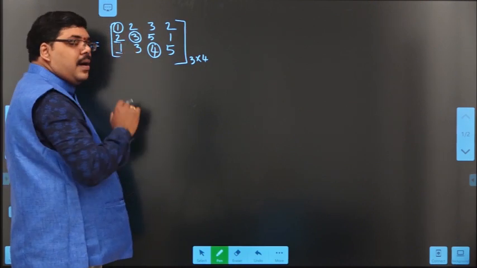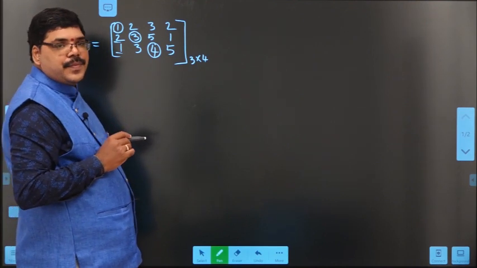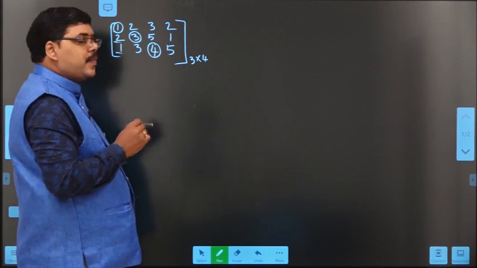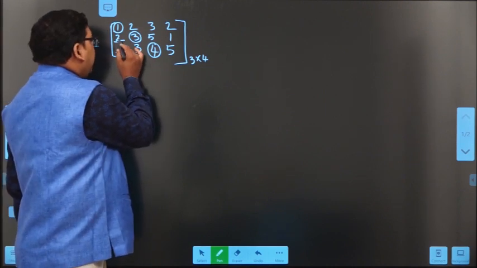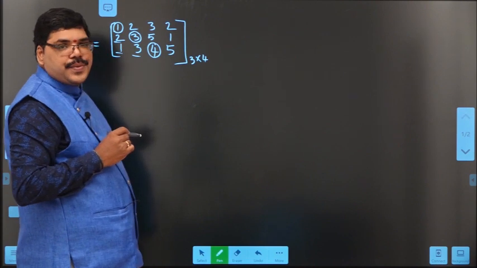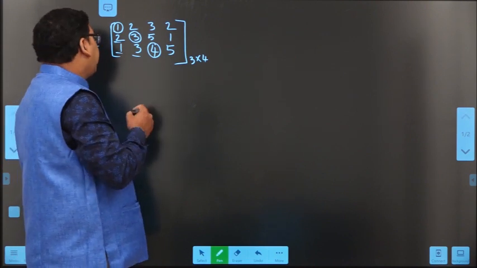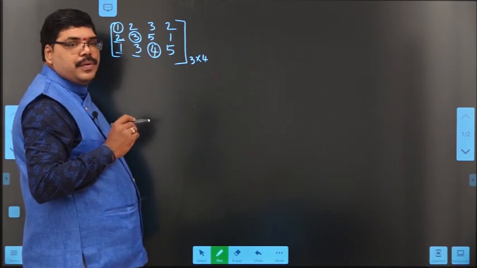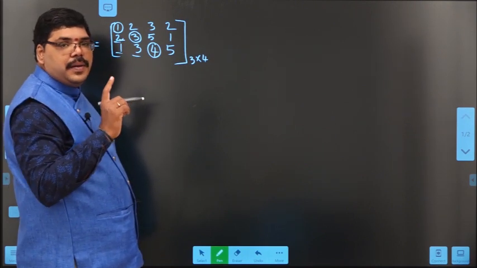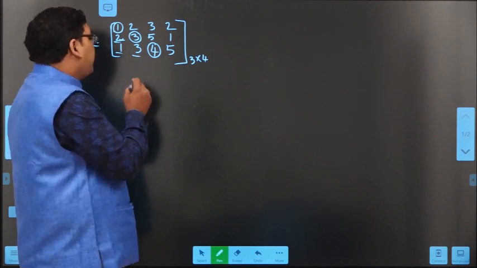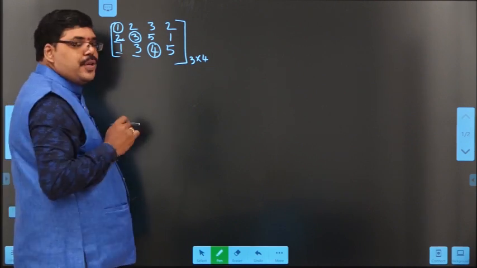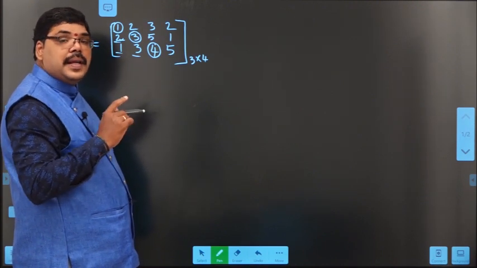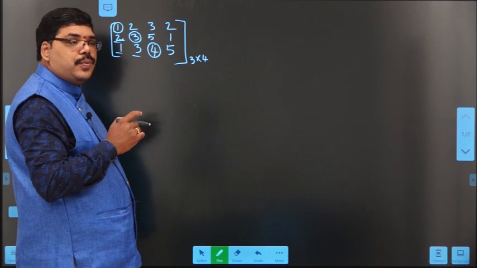These 3 are diagonal elements. So, what do I want to do? Using these 3 elements, I am converting the elements below them into zeros. If I do that, then this place becomes 0, and the number of zeros in this row will be 1. If I make these 2 into 0, the number of zeros in the third row will be 2.